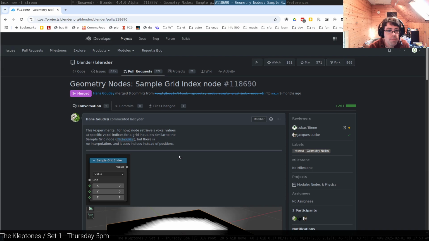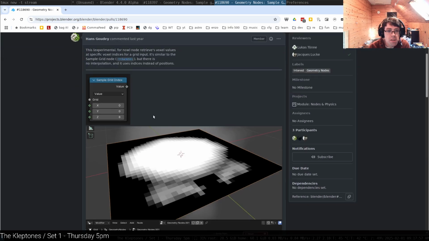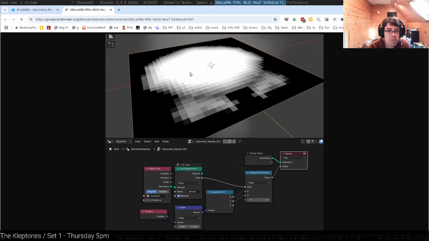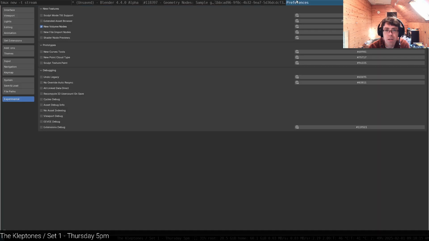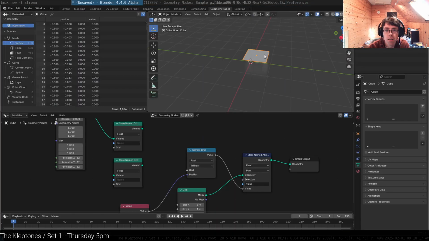Here's another one. It's similar to the sample grid, but there are no interpolations, indices instead of positions. Yes, this is exactly what I'm hoping for. All right, so object info. They've got Suzanne. Position scale, separate XYZ, sample grid index. Right, this looks exactly like what I'm doing, so that's starting to make me wonder if maybe